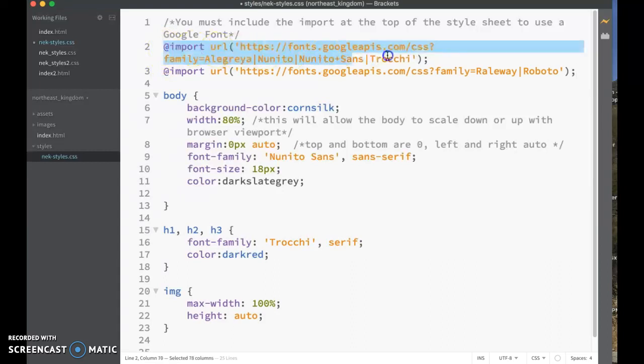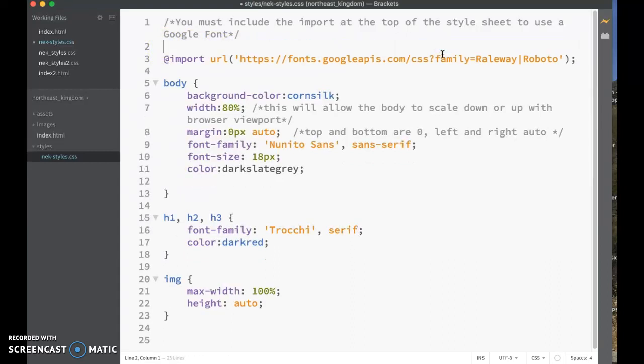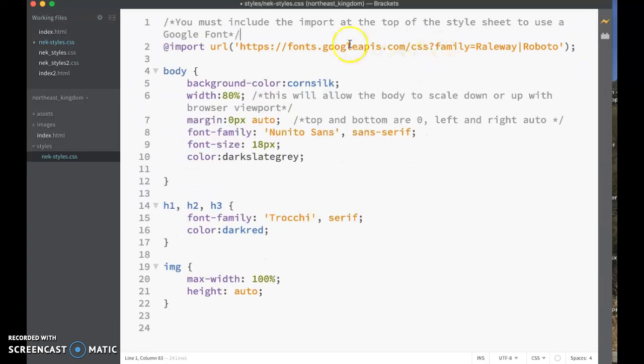So Command V to paste. And here I'm going to use Raleway and Roboto. I could have left those other ones as well, but let's pretend we're starting from scratch. But if you wanted to add more, you could. And then to use that, if I decide I want Roboto for my main body font,